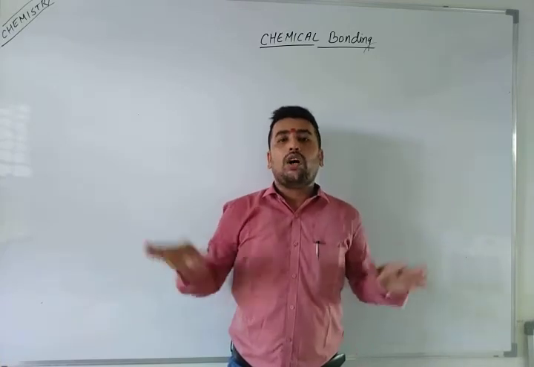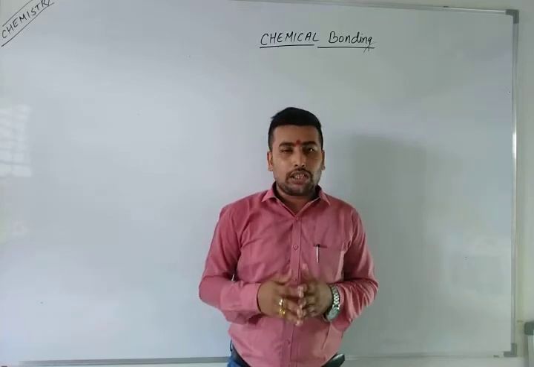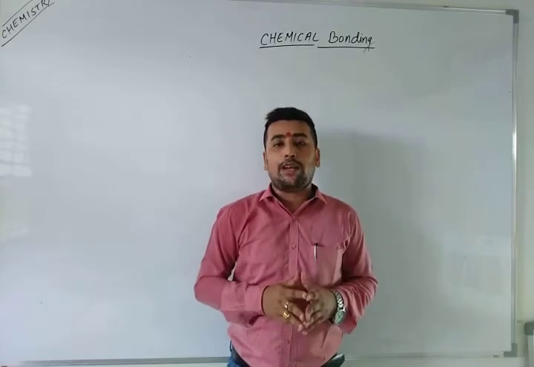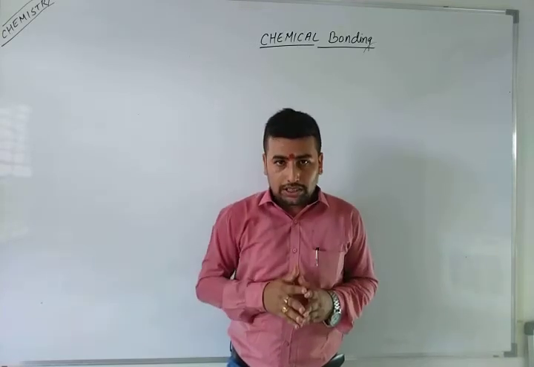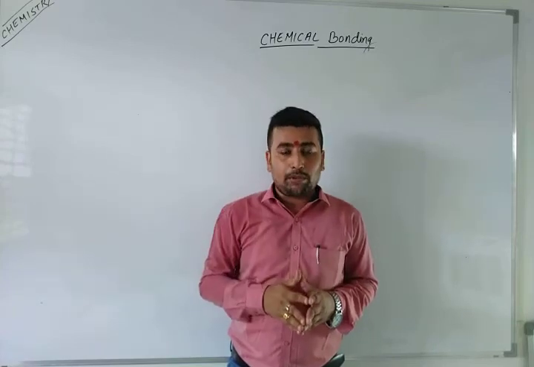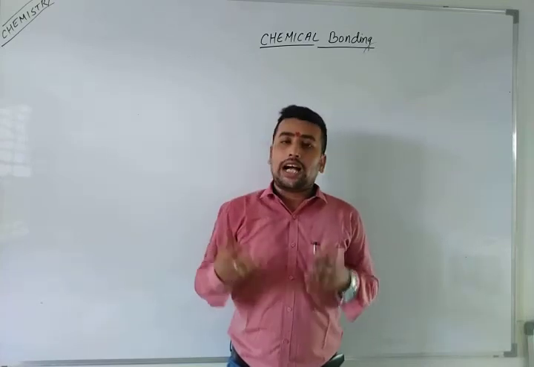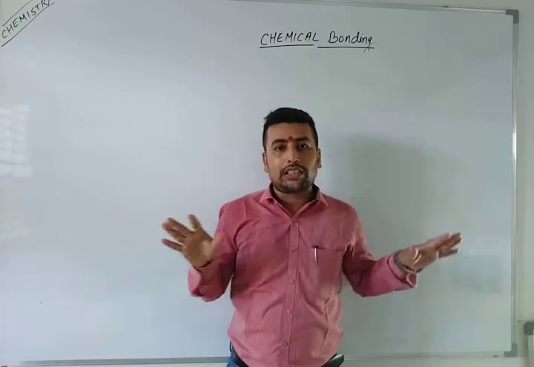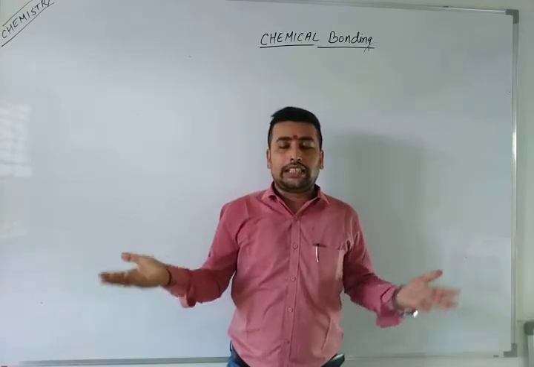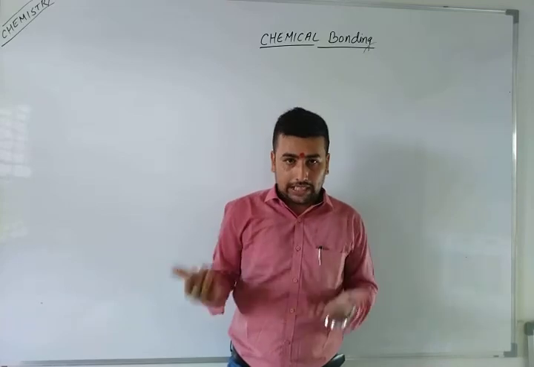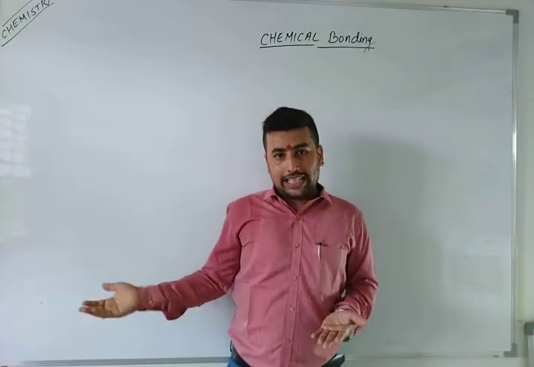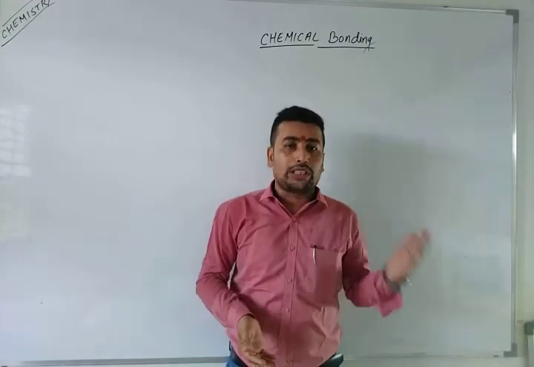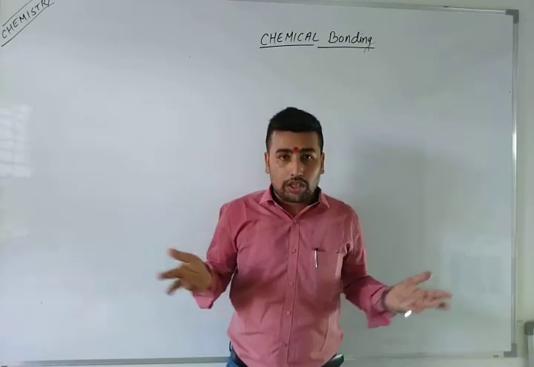Whatever doubts you have about these things, put them into the comment box. Definitely I'll help you. If you do not know how to draw the structures of electron deficient compounds or superoctet compounds, I will help you with drawing. No need to worry, as we just have to represent the valence electrons. You can see which have more than 8 electrons and which have less than 8 electrons. Less than 8 electrons are electron deficient compounds, and more than 8 electrons are superoctet compounds.